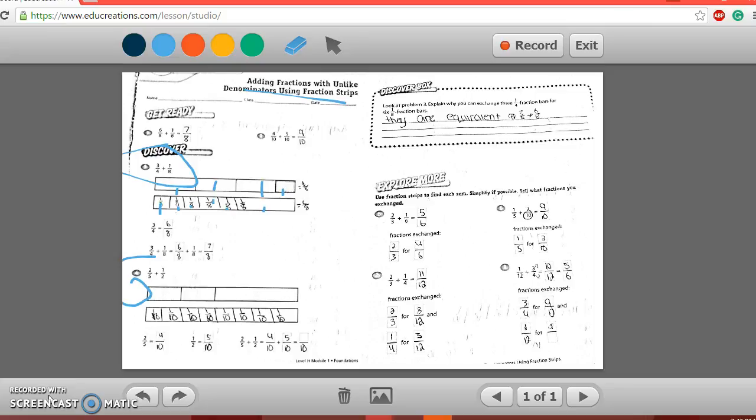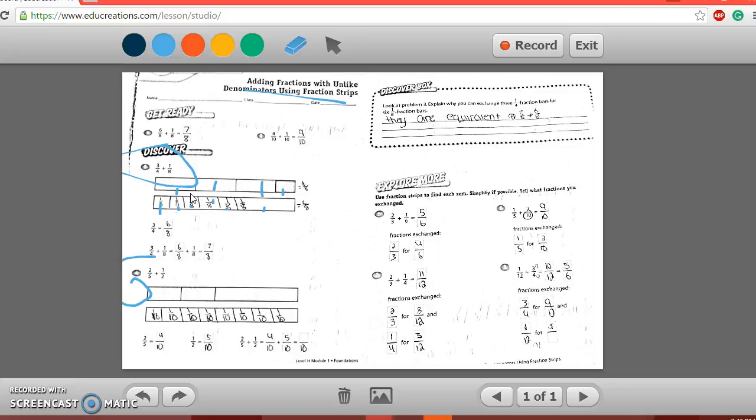On the first strip, he divided it into 1, 2, 3, 4 parts. That is it. On the second fraction strip, he divided it into 1, 2, 3, 4, 5, 6 uneven parts. He wrote 1/8 for the first one and 6/8 for the second one. He came to the conclusion that 3/4 equals 6/8. He added 1/8 plus 6/8 to get